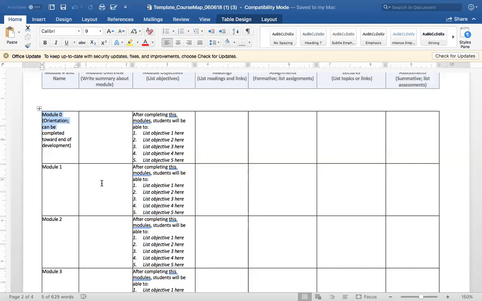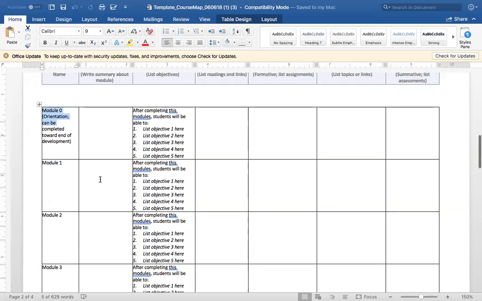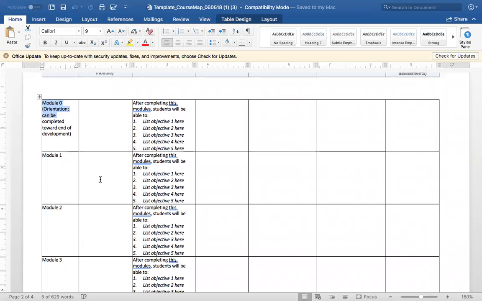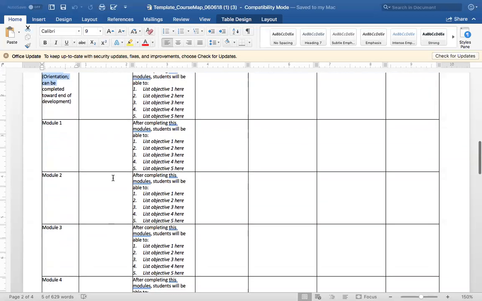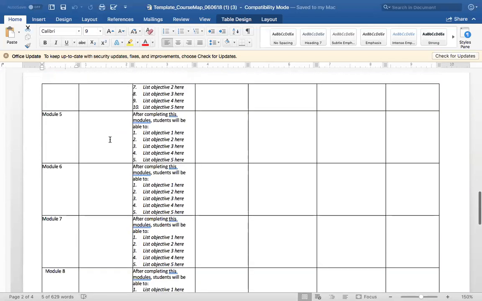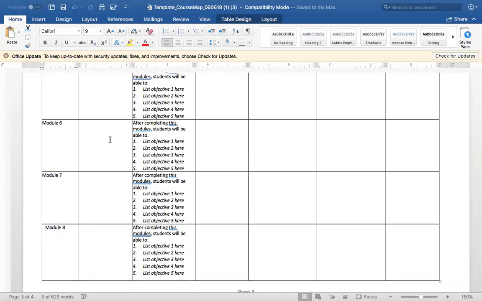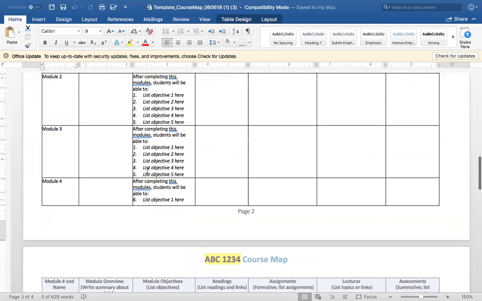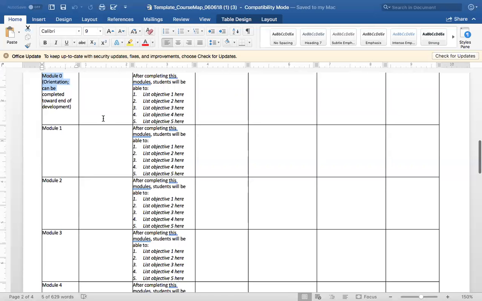Now, as you're filling this out, though, even though the students taking this online course will be doing module 0 and module 1 in week 1, I would say as an instructional designer, I probably would go ahead and fill out modules 1 through 8 first, see how it shapes out to how you want to build the course, and then go back to module 0 and your course